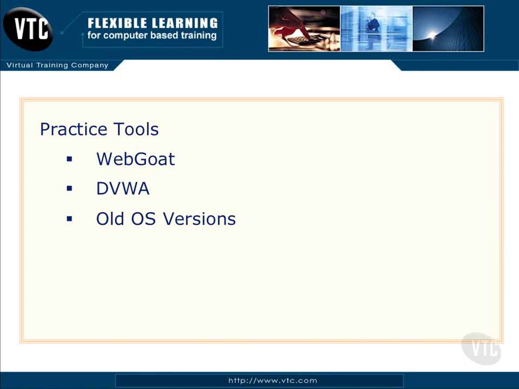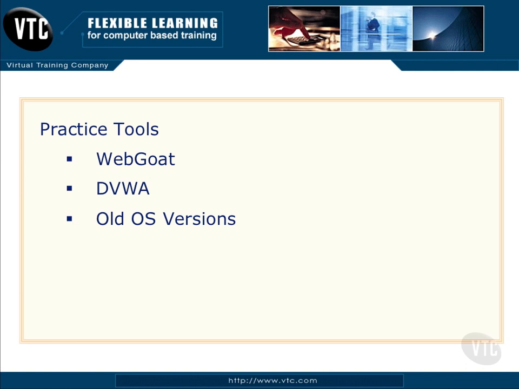There are certainly plenty of old operating systems that you can acquire and install, and run them inside of virtual machines. Those are great practice locations for doing this type of pen testing or ethical hacking, where you can interact directly with the different services that are installed and see whether there are vulnerabilities there. And certainly there are plenty of vulnerabilities in these old operating systems because there are a lot of old versions of code that haven't been patched. There are known vulnerabilities, and who knows, there may be plenty of unknown vulnerabilities still left in some of these